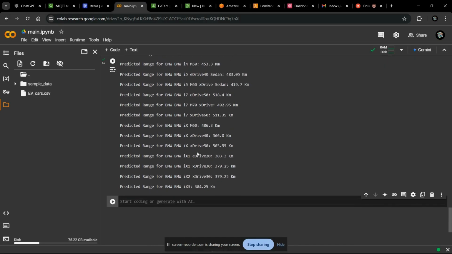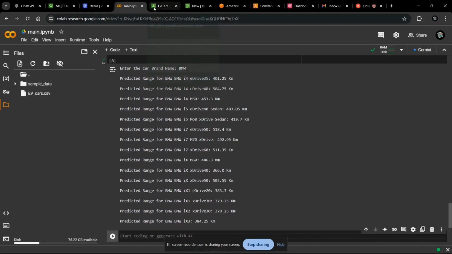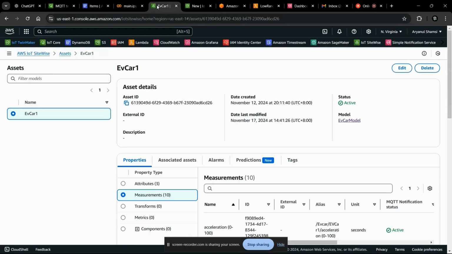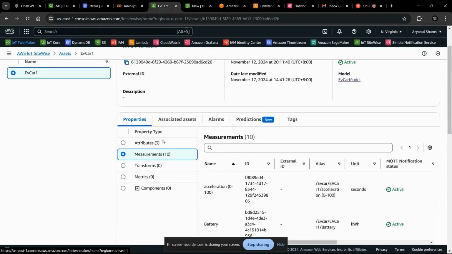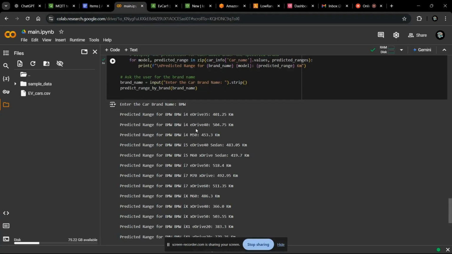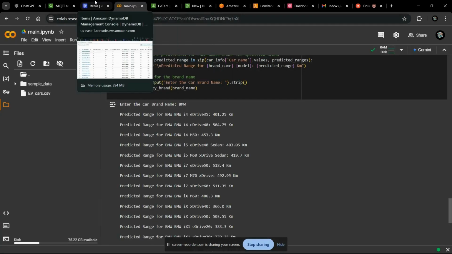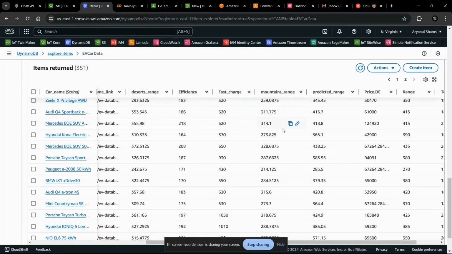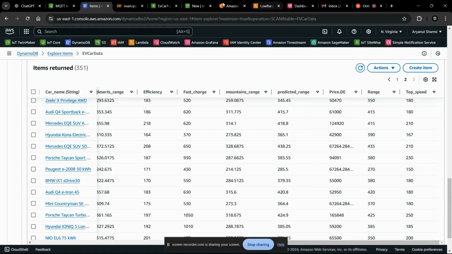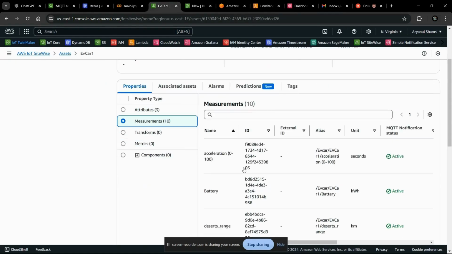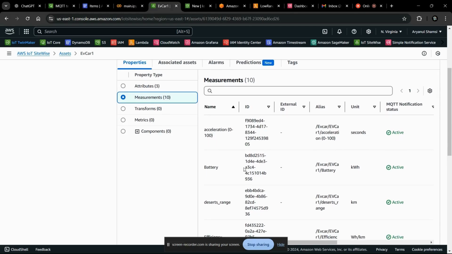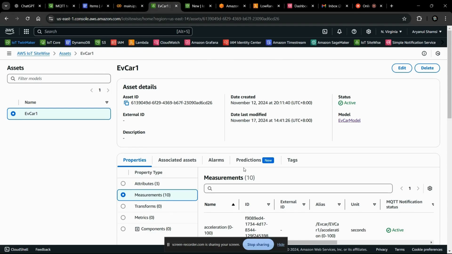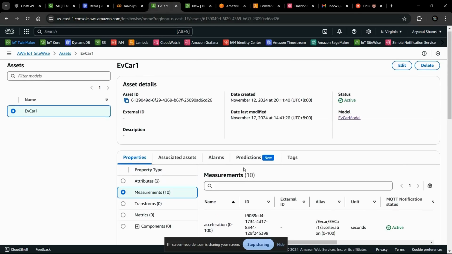which is stored in our CSV file. So now we are saving this predicted model to our S3, and we save this predicted model to the DynamoDB table again. As we can see, it has the predicted range also, and then we are using this saved data from the DynamoDB table to send it to IoT SiteWise. As we can see here in our IoT SiteWise assets named EVCar1,